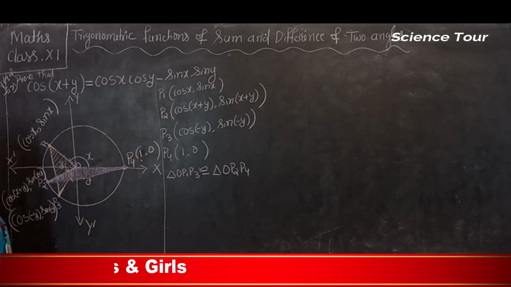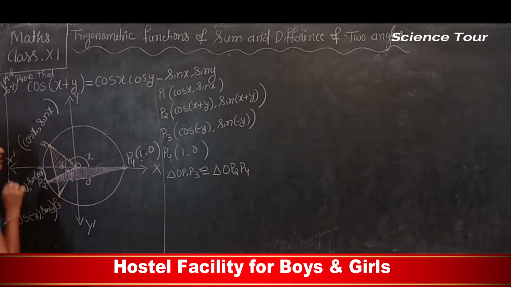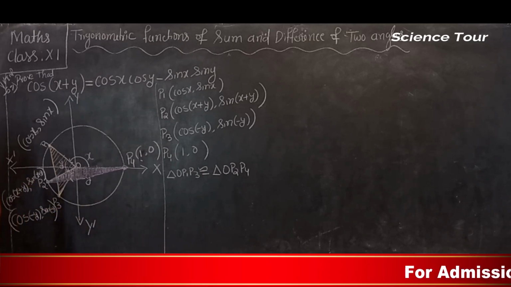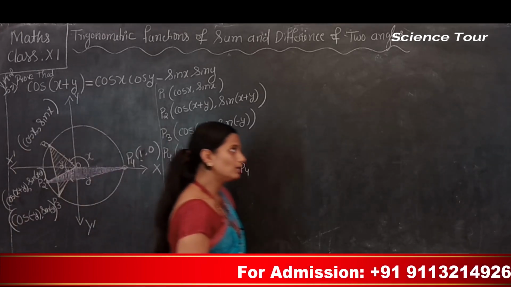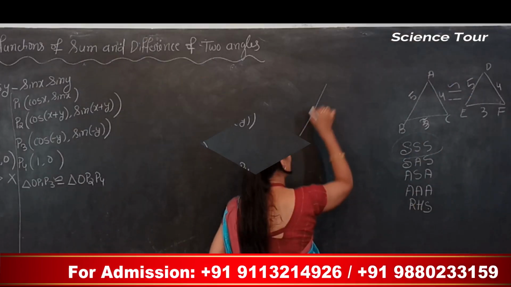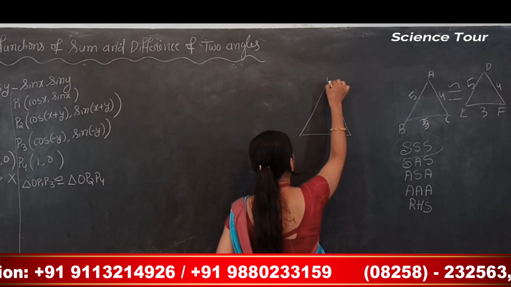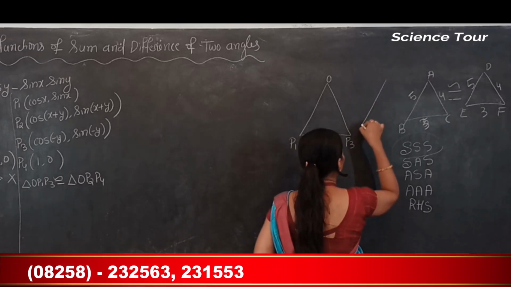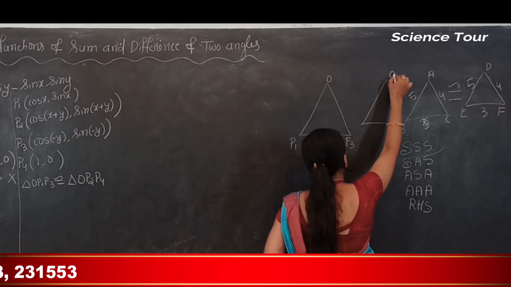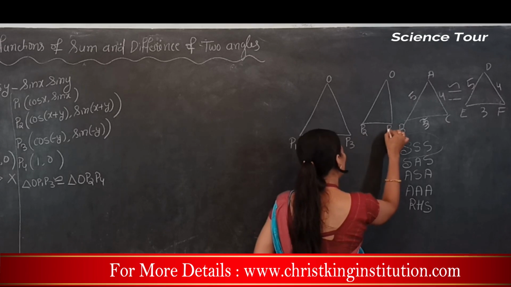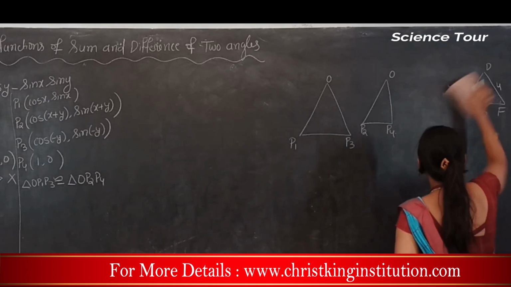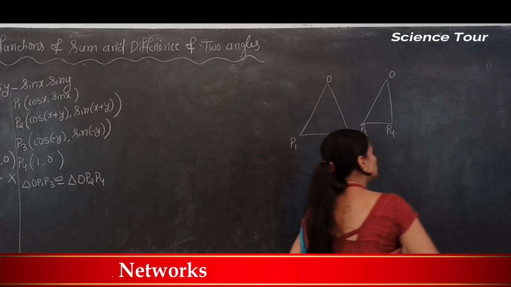So now can you say these two triangles are congruent triangles? Can you give the reason for that? If you see the figure, you have to see the triangles, right? Which triangles? OP1, sorry, OP3 and OP2. So I draw those two triangles here. The first triangle is OP1P3, correct, no? The next triangle is OP2P4. Is it right? Now from the figure, tell me what are those sides?